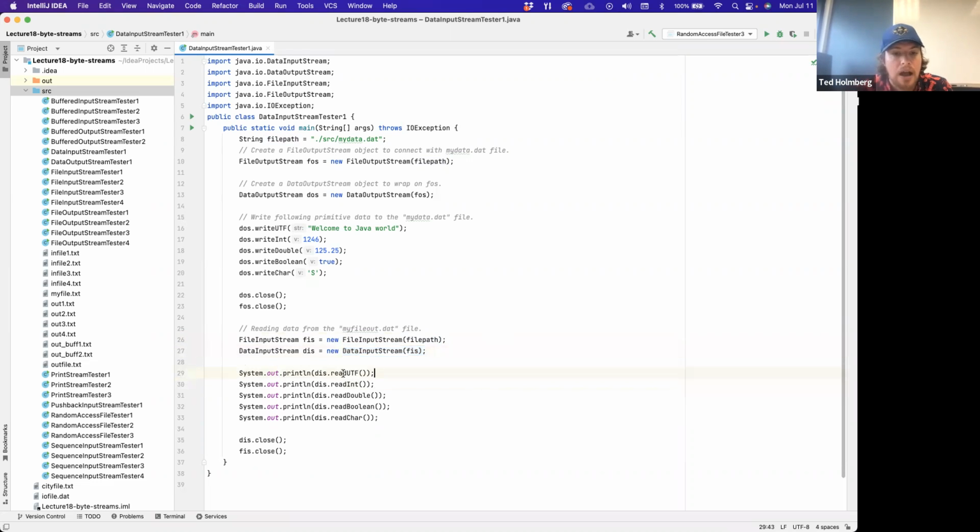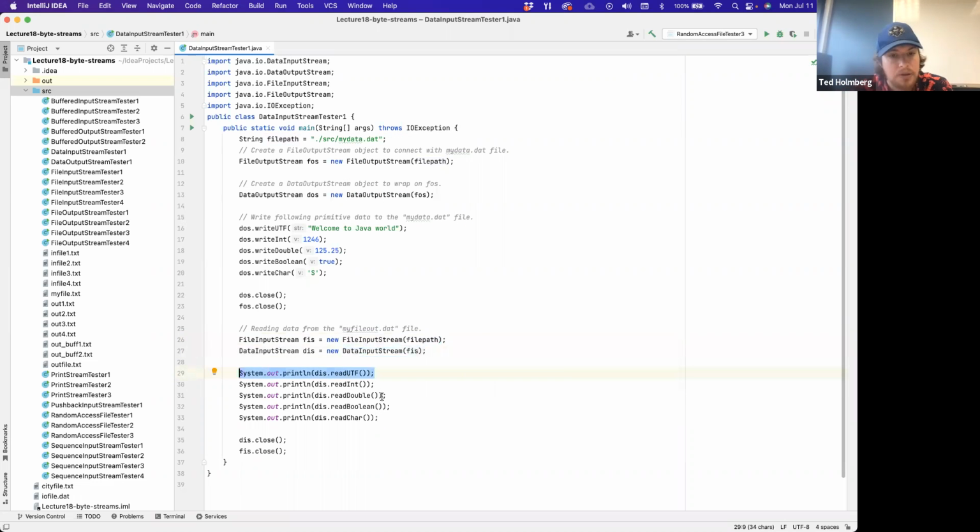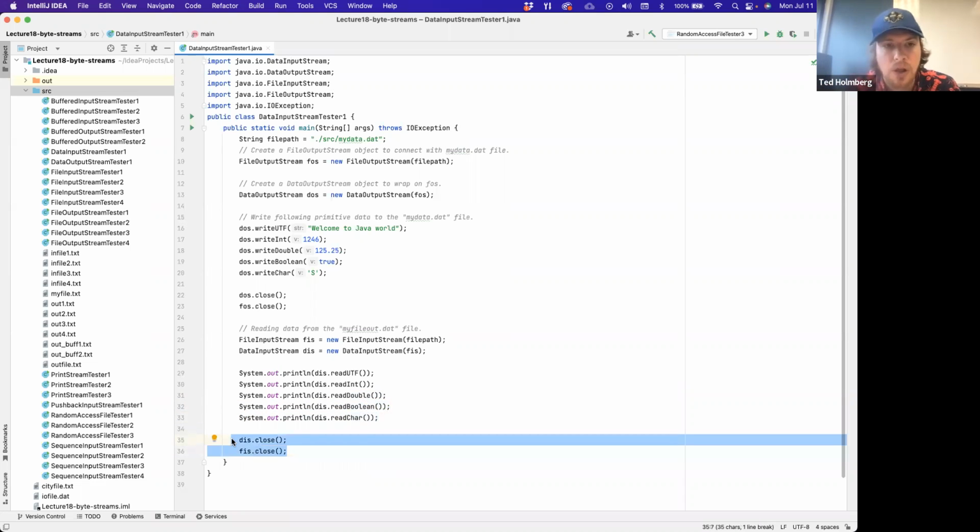So here I can then from my DataInputStream read that string, readUTF, one of the methods we talked about, and we'll print that to the console. Then we'll read the int and print that to the console. From the input stream, we'll read the double, we'll read the Boolean, and finally we'll read the character. And then after that, we'll close our input stream because we always want to close our streams when we're done operating them. So here, if I run this, what we should see